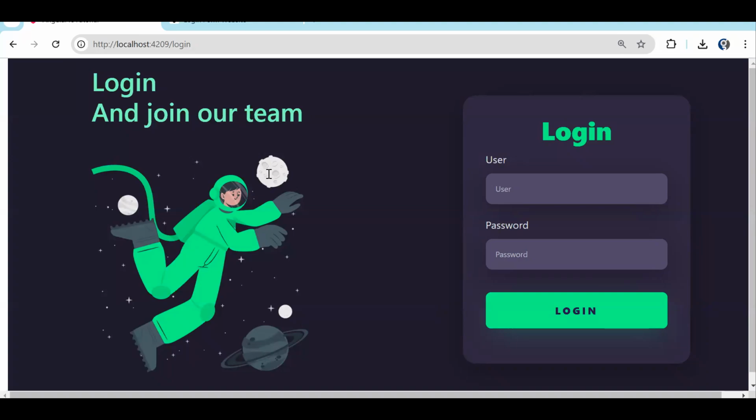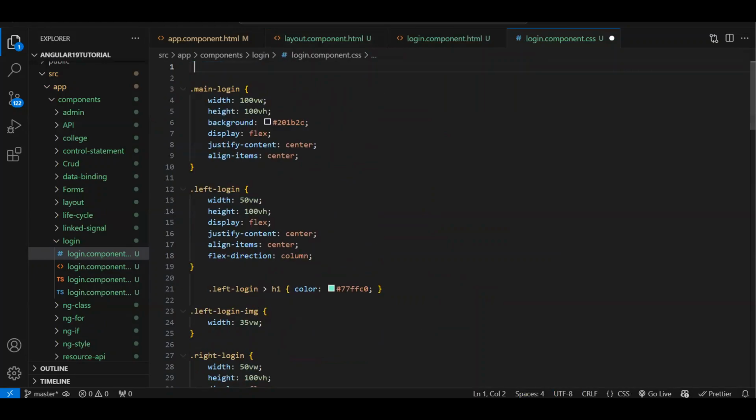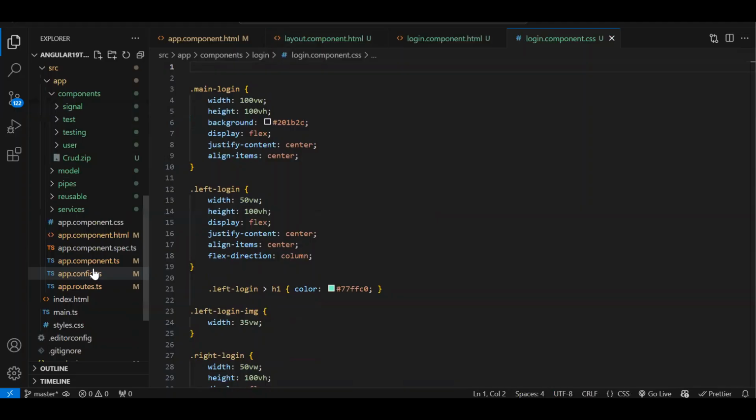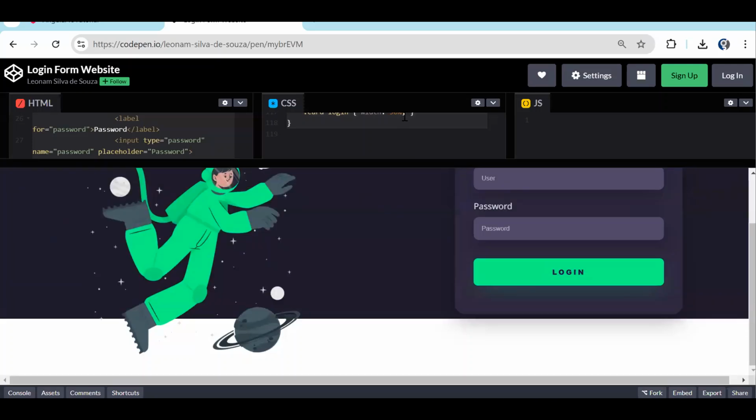Let's see why. Because of body or what? Let's try to remove it. Why are we getting this? Or I think in app component we might have, yeah, because of this. So let's remove that. See, now whatever the login page we were able to see, the same login